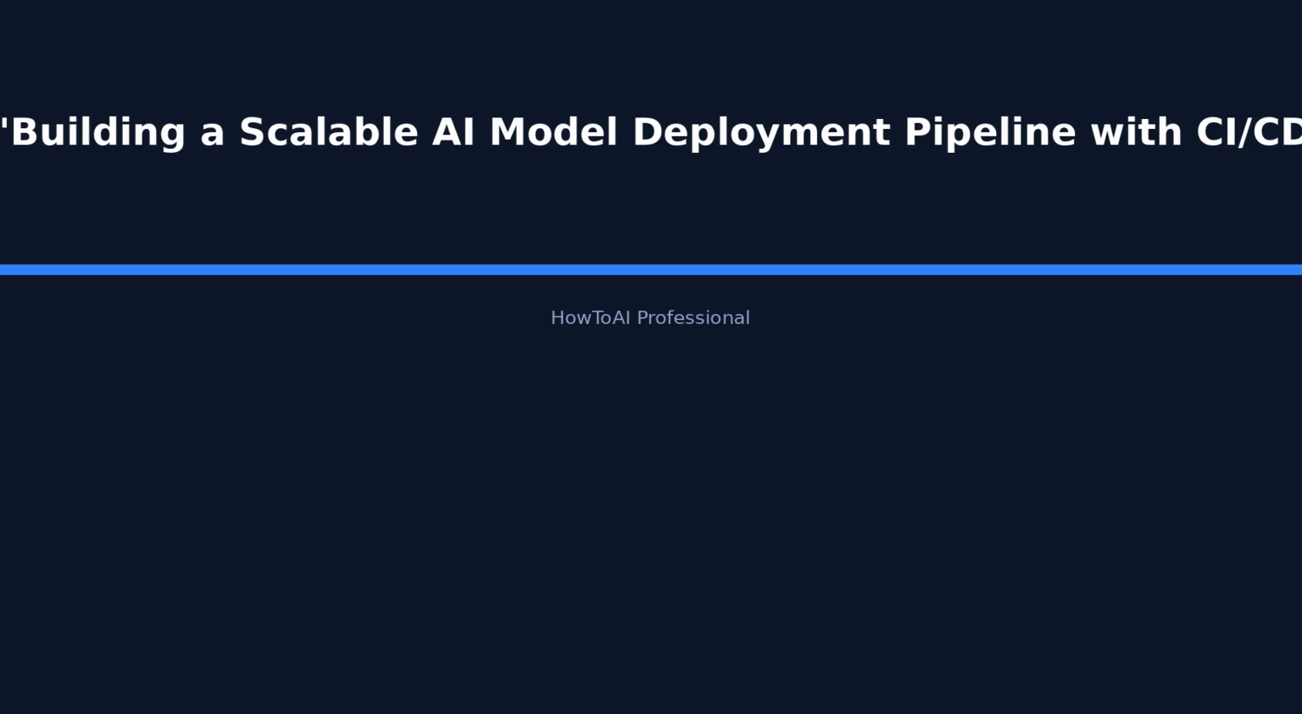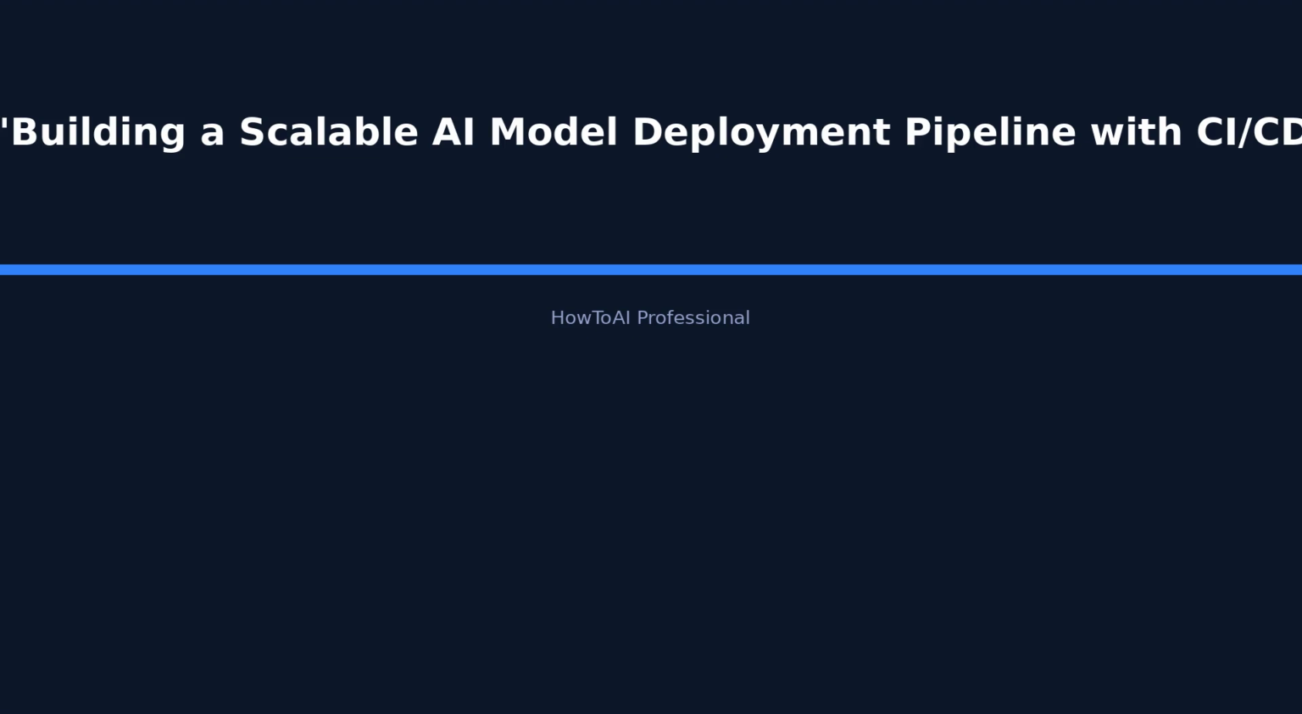Today, we're diving into a fascinating topic that is increasingly relevant in today's technology landscape: building a scalable AI model deployment pipeline with CI/CD automation for production-ready systems. As the world of artificial intelligence continues to evolve, the ability to deploy models effectively and efficiently has become a critical skill for data scientists and engineers alike. So, whether you're working on machine learning projects, deep neural networks, or any other AI applications, this video is tailored